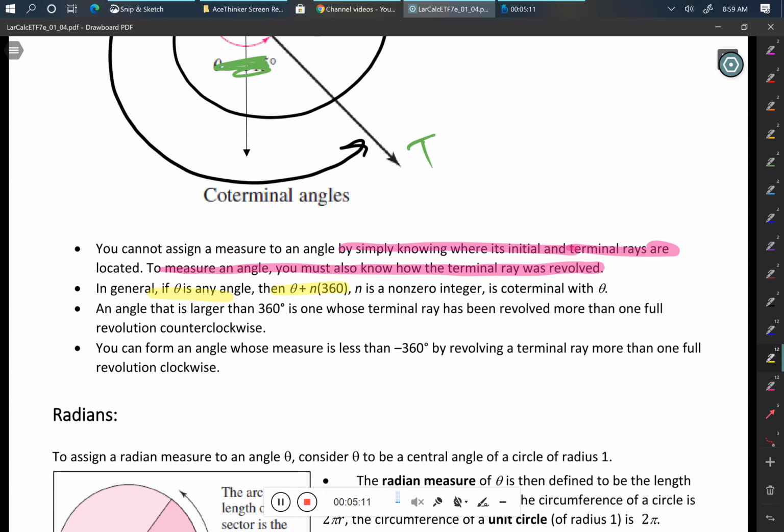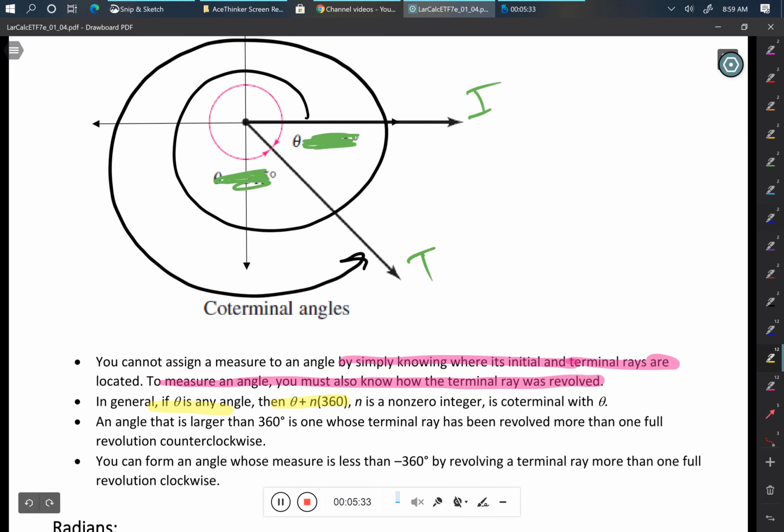And not knowing the way that it's spun, there's a lot of different answers it could be. Right? So any angle that measures larger than 360 degrees is one whose terminal ray has been revolved more than one full revolution. Okay. You can also form one by going negative 360s too. Okay, so degrees. The problem is